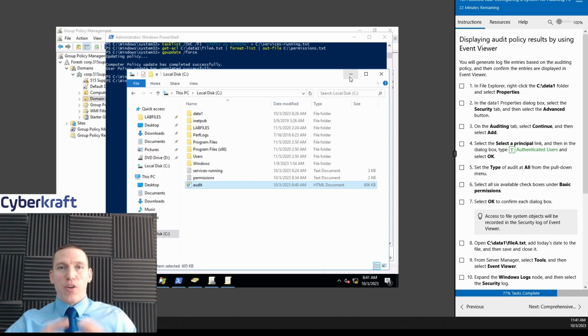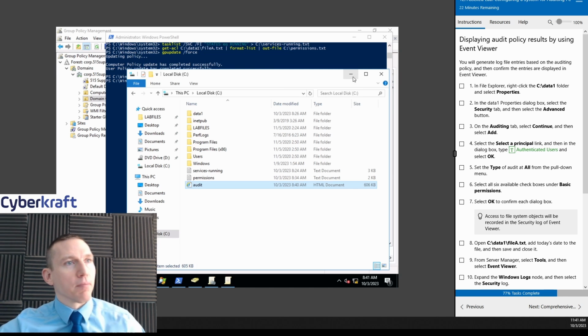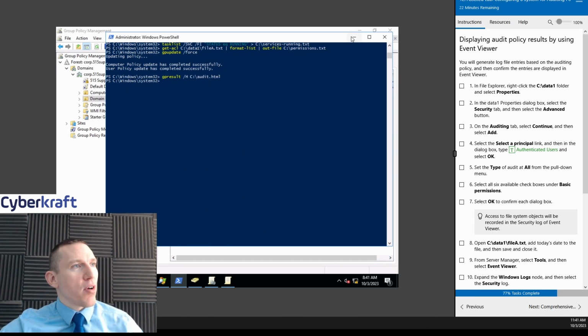So in that way, we're generating an audit policy. We're not doing too many settings on it, but we are telling the system which auditable events to start recording. Okay, so let's go ahead and